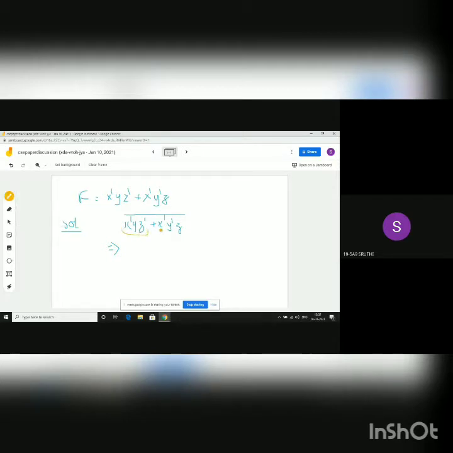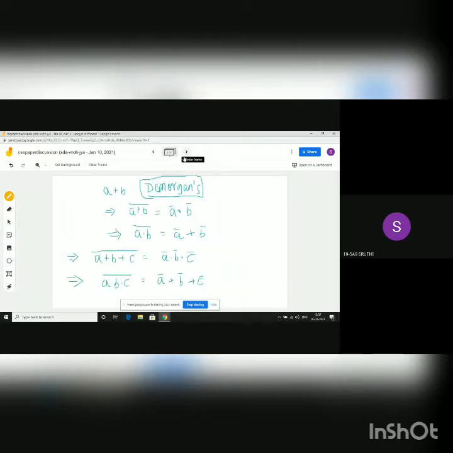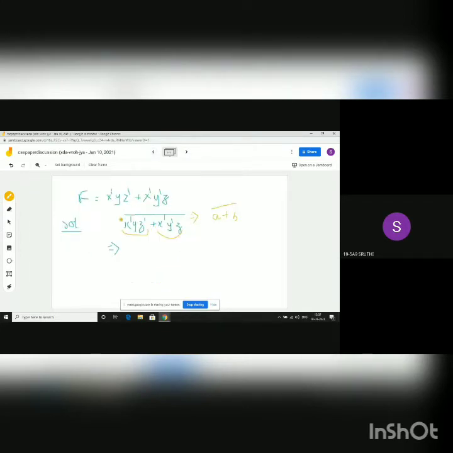Let this be A and let this be B. Now, if we can simplify this, it is nothing but A plus B, the whole complement. So what is A plus B whole complement? We just saw. That is A complement into B complement. So we can write this as